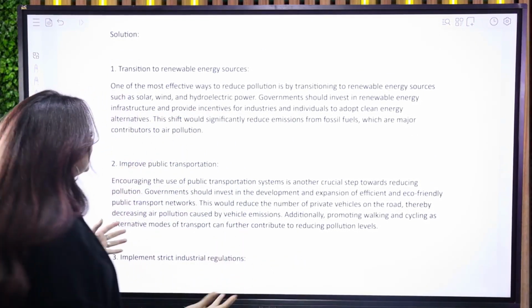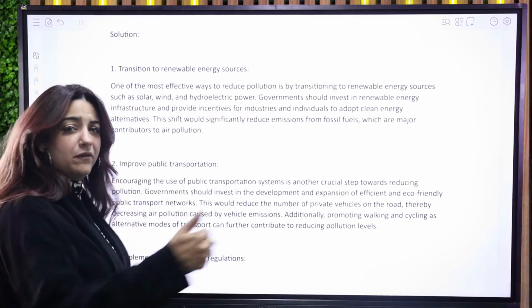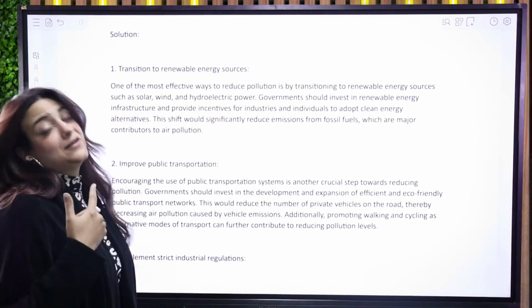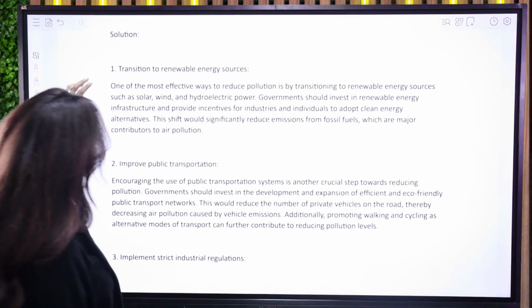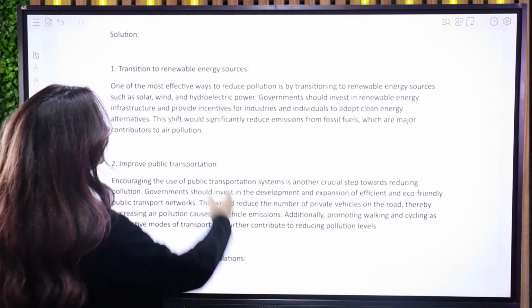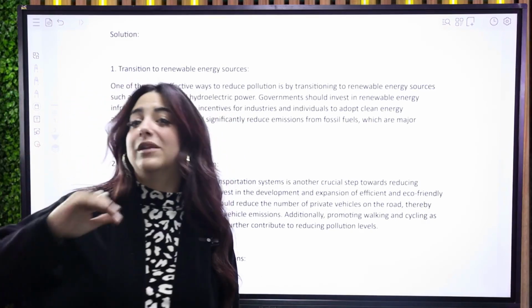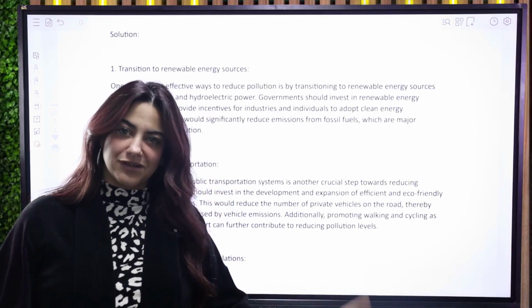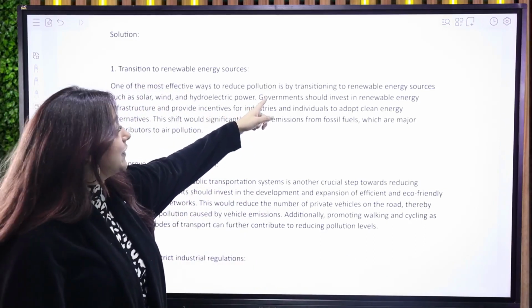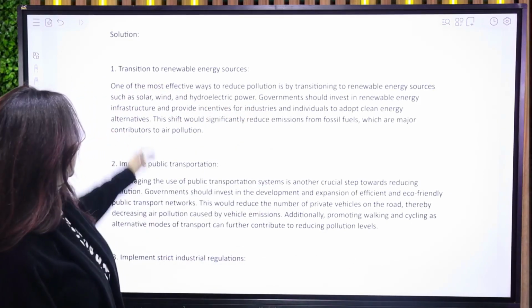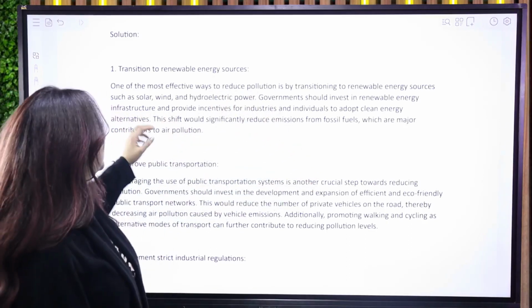So how can we do this? One of the most effective ways to reduce pollution. This is a very effective start to our solution body paragraph. However, again, I want you to insert some formal connectors to add to the formal language and formal tone of the essay or the article. So you need to add here, therefore, government should invest in renewable energy. Hence, the shift, or as a result, the shift would significantly reduce, because these are